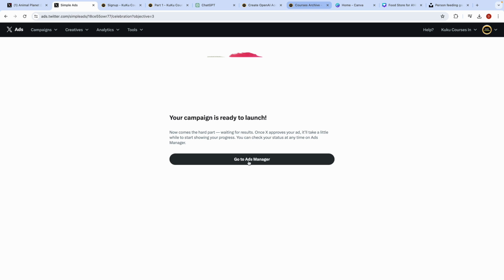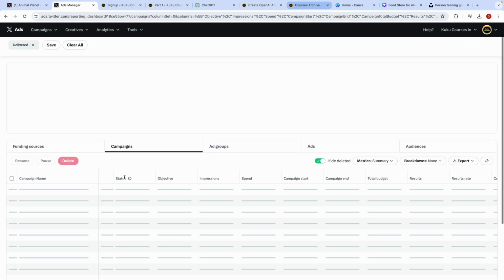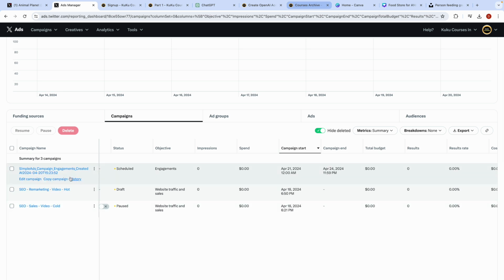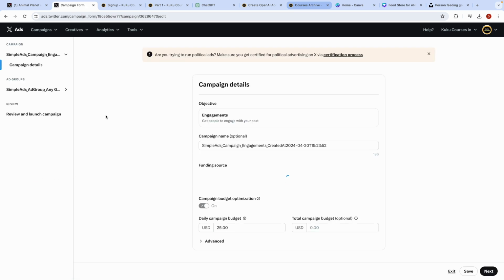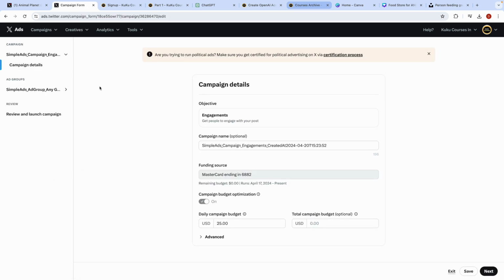Click on go to Ads Manager, and then you will see at the bottom that you have created your ad. You can also edit the campaign from here. Of course, you will notice that we have not yet